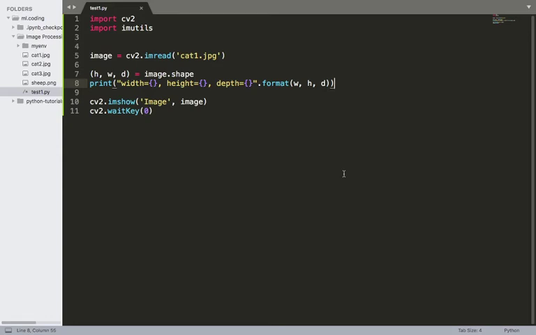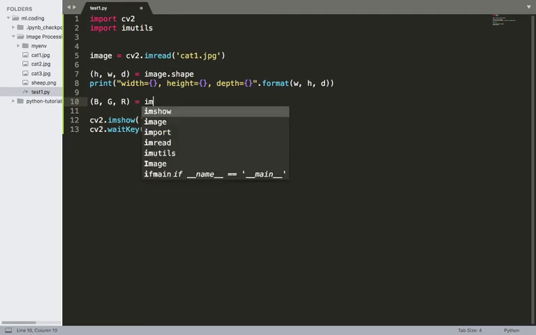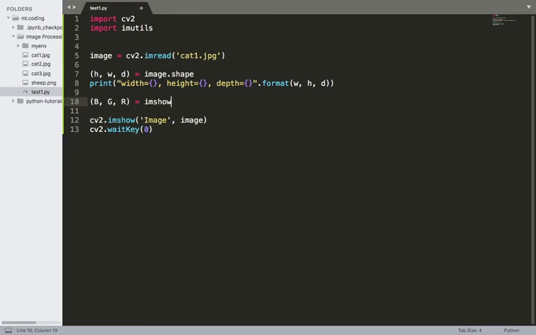So after that, another case is the RGB value. Every image has an RGB value. It means red, green, and blue. So we have to print the RGB value. It is the same task as printing the height and width. We type a variable name, then r, and image dot item, and give some position like 100 comma 50.